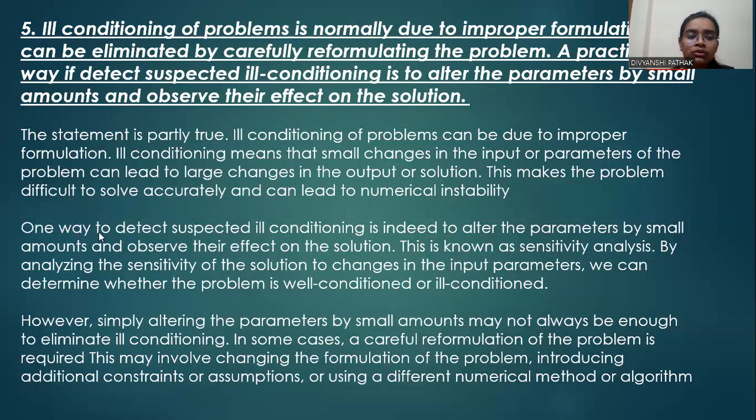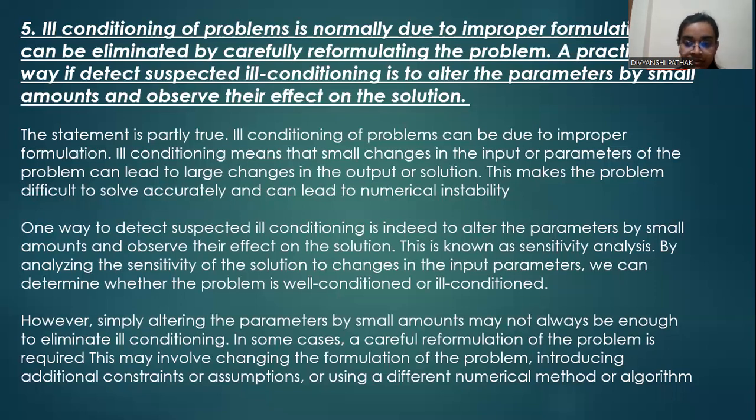So to detect ill conditioning, we alter the parameters by small amount and observe their effect on the solution. This is known as sensitivity analysis. By analyzing the sensitivity of solution to change in the input parameter, we can determine whether the problem is well